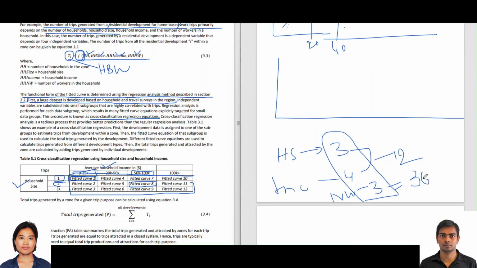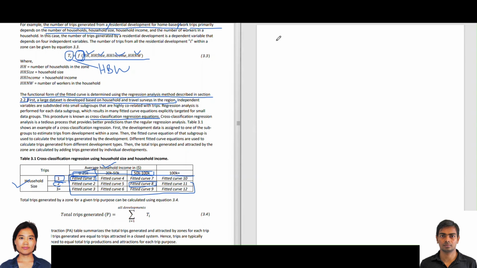And then we have to apply each one of these 36 equations to each of the zones. So we usually try to limit the number of variables we use to segregate our data. Household size and household income are generally two commonly used variables to segregate the data. So let's look at it now. Once the fitted curve for each of the different categories is determined,